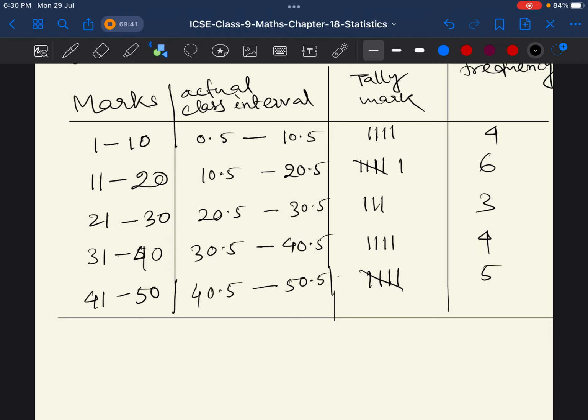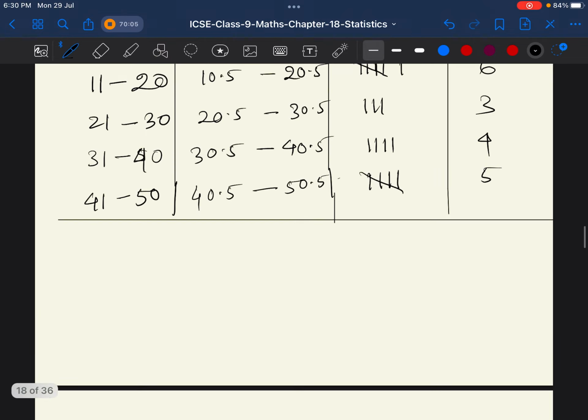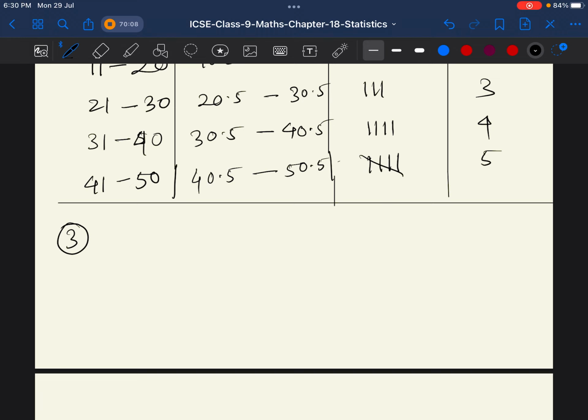Now question number 3. The marks of 24 candidates in the subject mathematics are given below. The maximum marks are 50. Make a frequency distribution taking class intervals 0 to 10, 10 to 20, and so on, this is the inclusive distribution. So here you see, question number 3. So the frequency distribution table is: